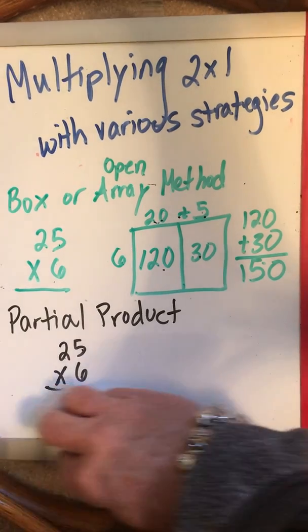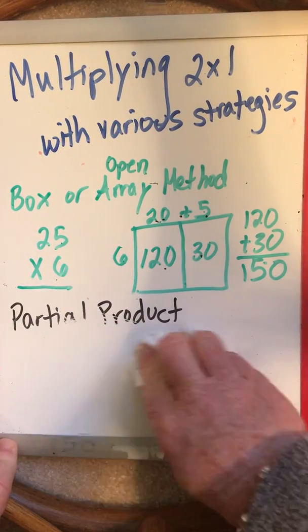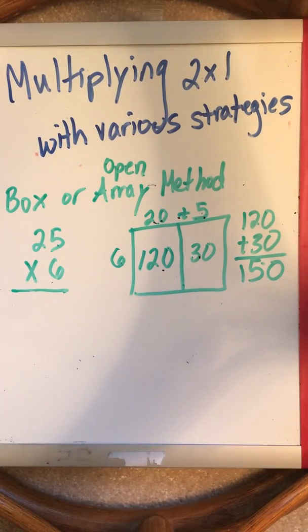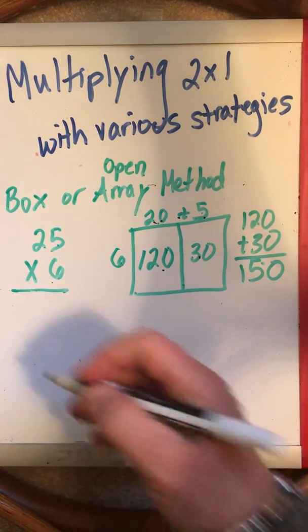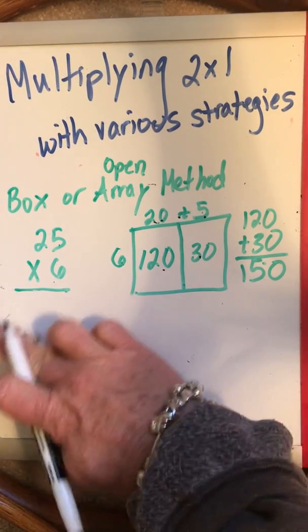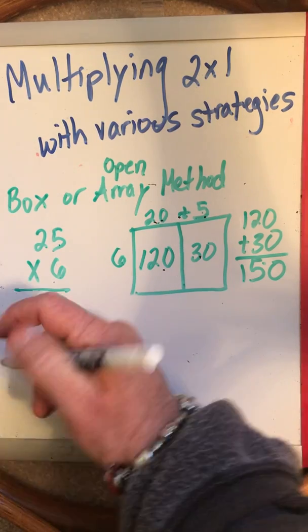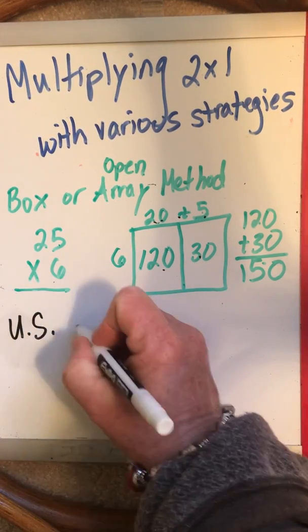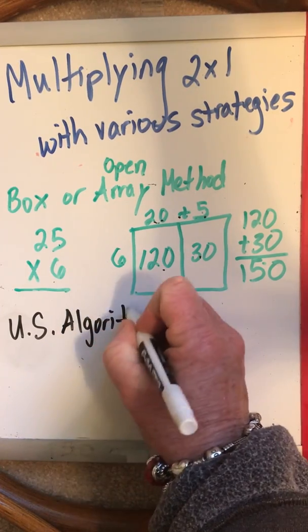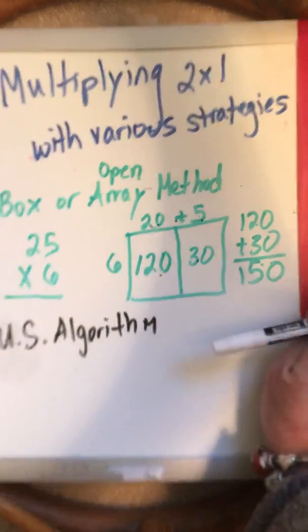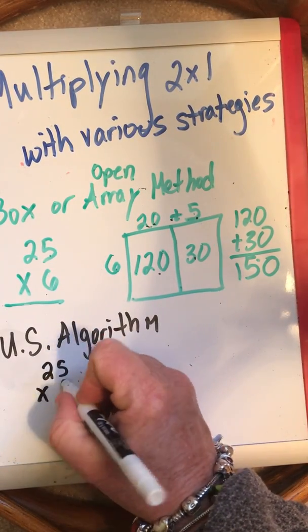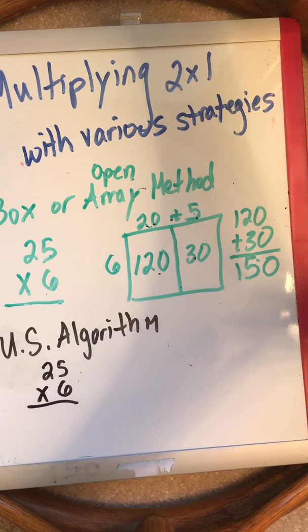Okay, I'm going to erase this again. And now I'm going to show you the traditional method, which is the way that many of you, if you've already learned this at home maybe, this is the way that you've probably learned it. It's probably the way your parents solve their problems. We call it the U.S. algorithm, because this is generally used in the United States. So if we have 25 times 6, for the U.S. algorithm, what we do